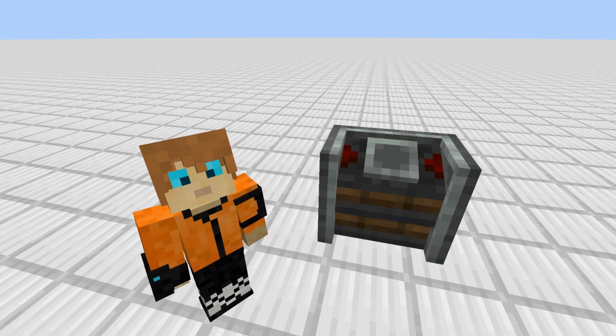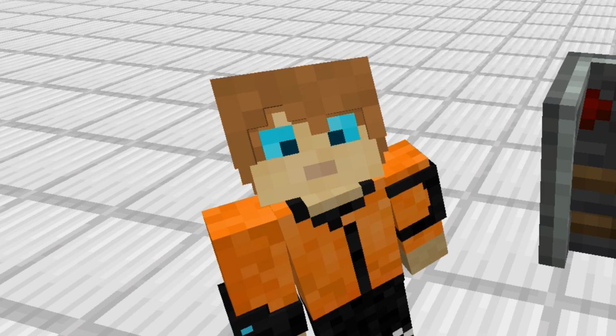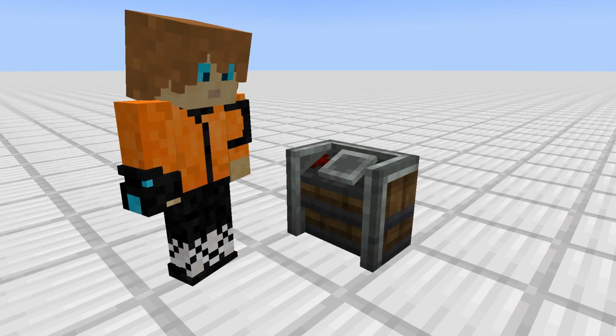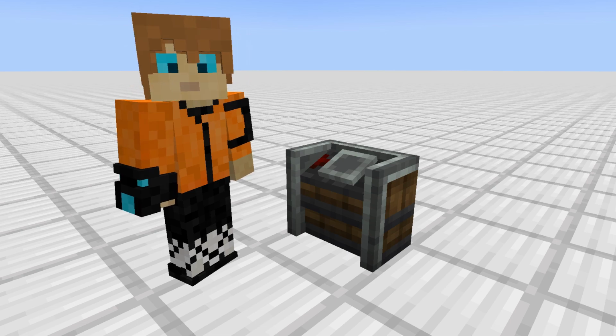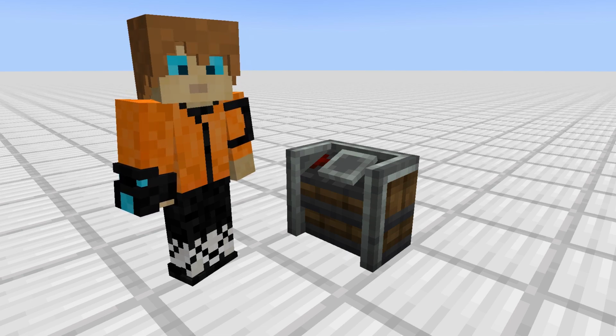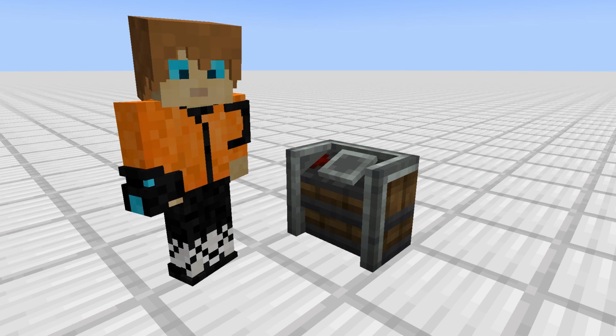The Create mod has added a super handy new block called the Contraption Controls, and we're going to learn all about it today. This simple block will give you the ability to control all the different machines on your contraptions. And any kind of contraption will work, whether it's a gantry contraption, a train, even pistons. This little block will give you the ability to turn on and off any of the machines that you have